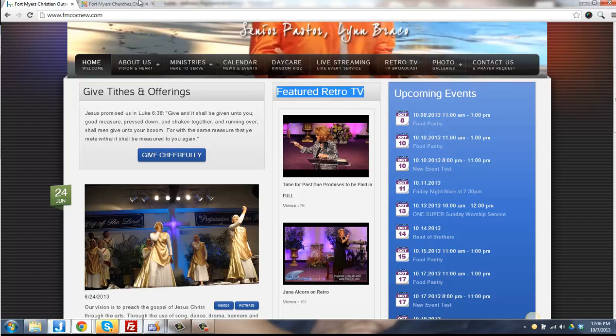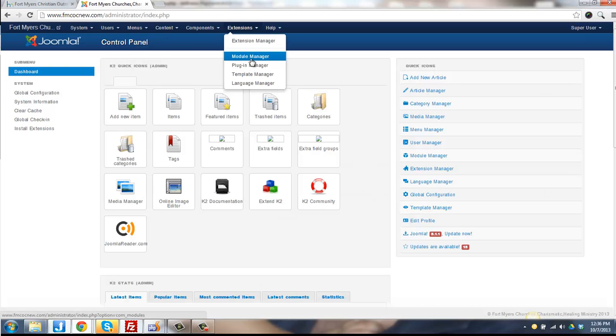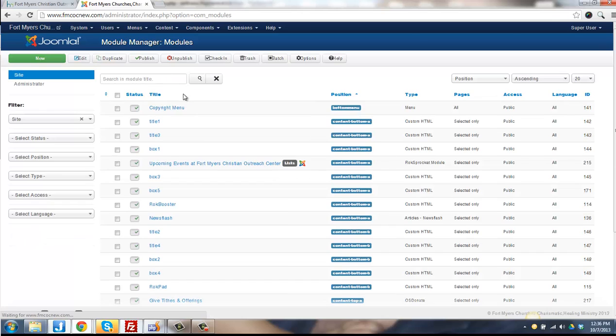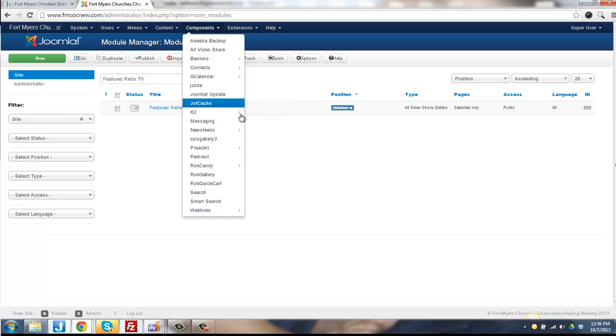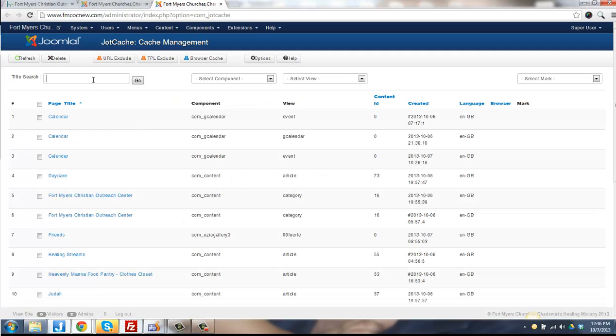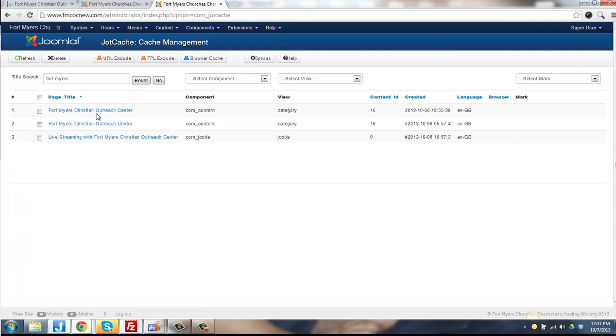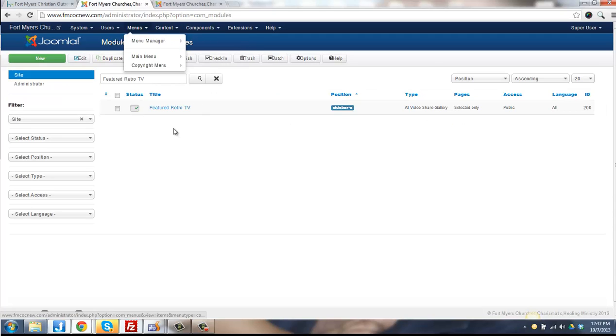Every module, of course, has a title, so we can just go to modules right fast and search out featured retro TV here. And sometimes you might want to go down to components and go to JotCache and open that in an additional page. That way you are ready to immediately delete the home page cache here. And so we're going to open up featured retro TV,